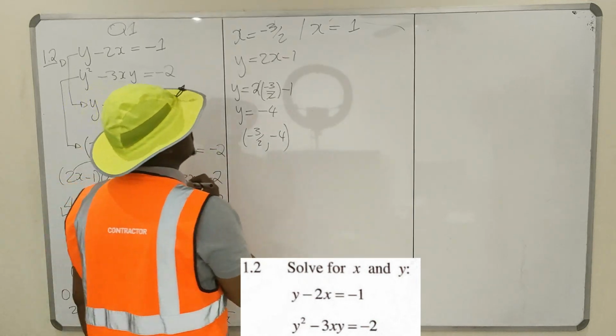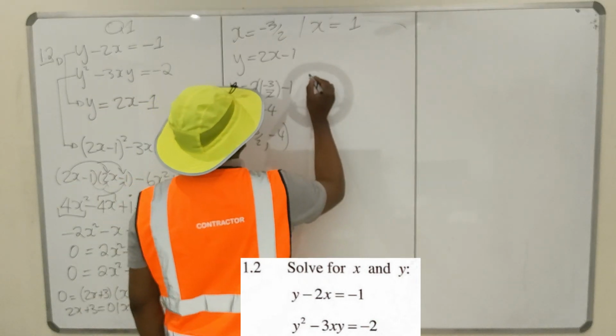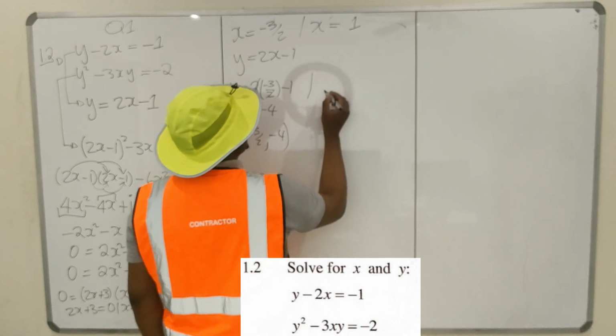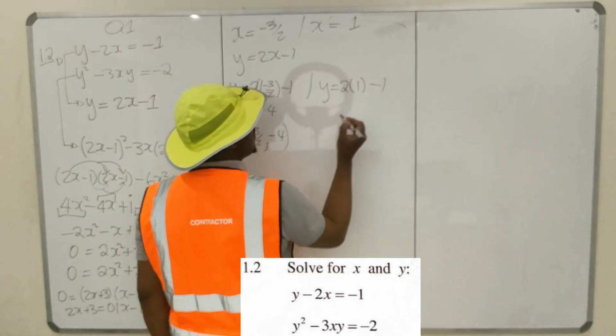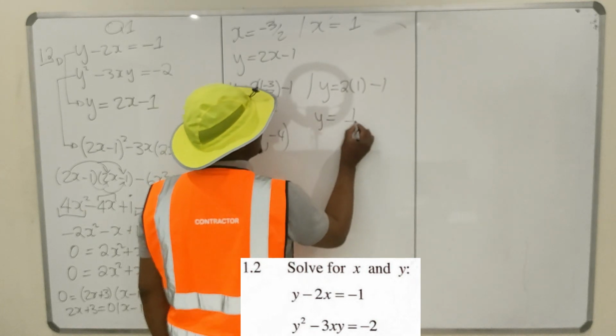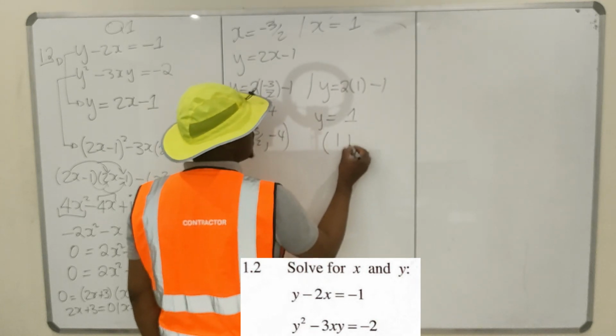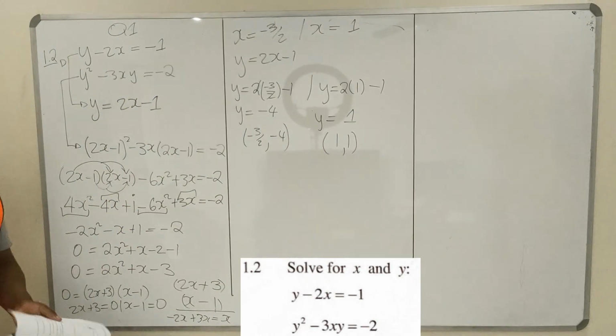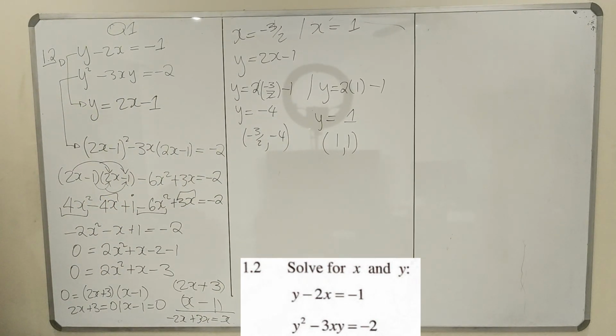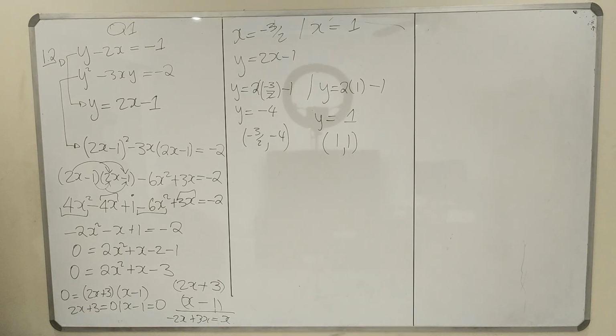These are the coordinates. Or if your x is equal to 1, you have y is equal to 2 times 1 minus 1. So your y is equal to 1. So the coordinates are 1 and 1. So these are your solutions to these two equations. So yeah,